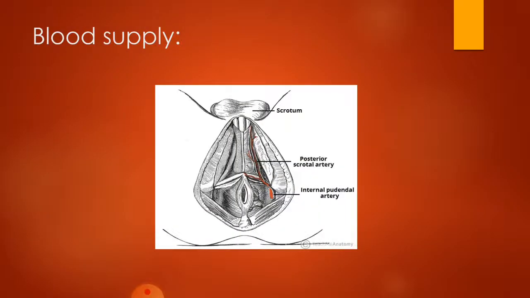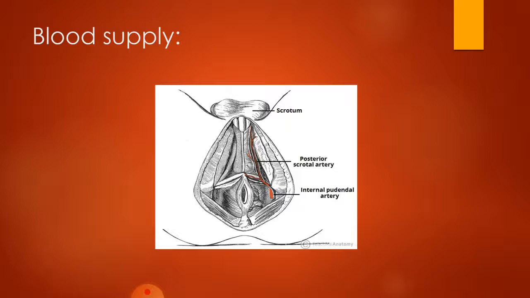If we talk about the blood supply of the scrotum, then just remember that I don't think it is written in your book, but you should know about it. The scrotum receives its arterial supply from the anterior and posterior scrotal arteries, and the anterior scrotal artery will arise from the external pudendal artery, while the posterior will arise from the internal pudendal artery, and the scrotal veins will follow the major arteries, and they will drain into the external pudendal veins.